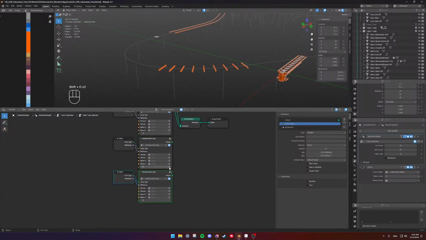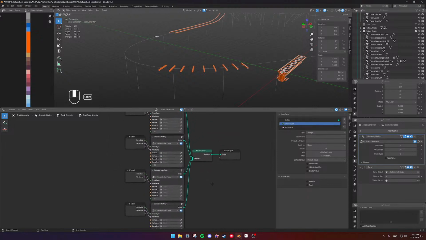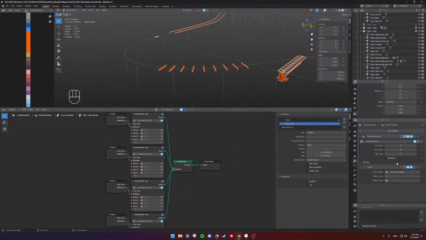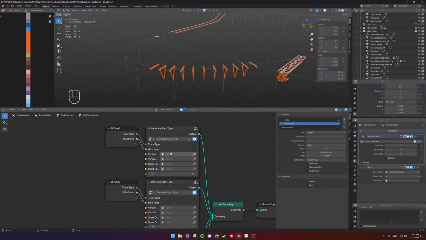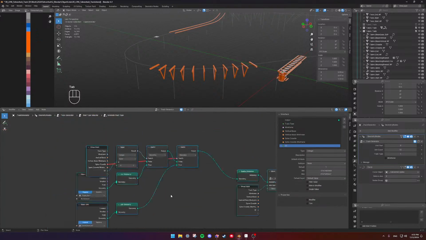Duplicate. This is going to be 2, this is going to be 3. Connect all of those there. But all of them should have